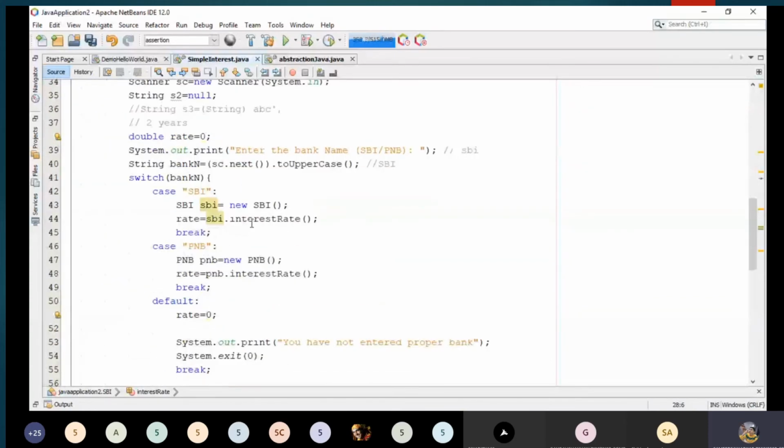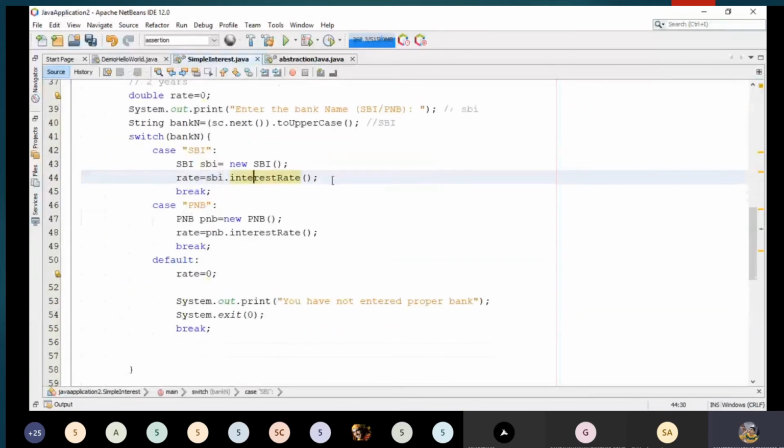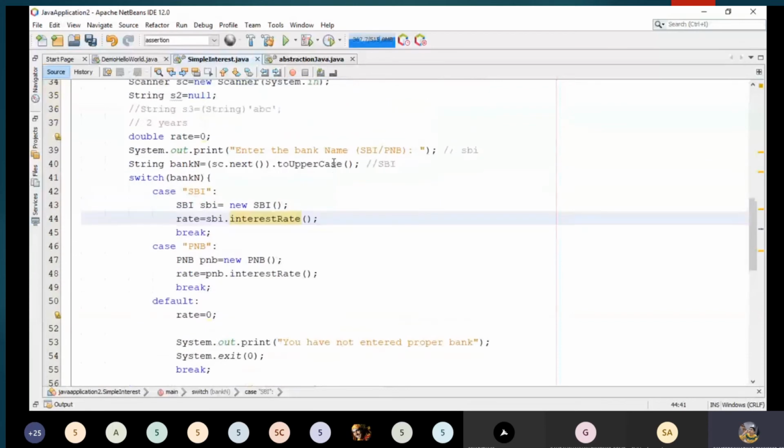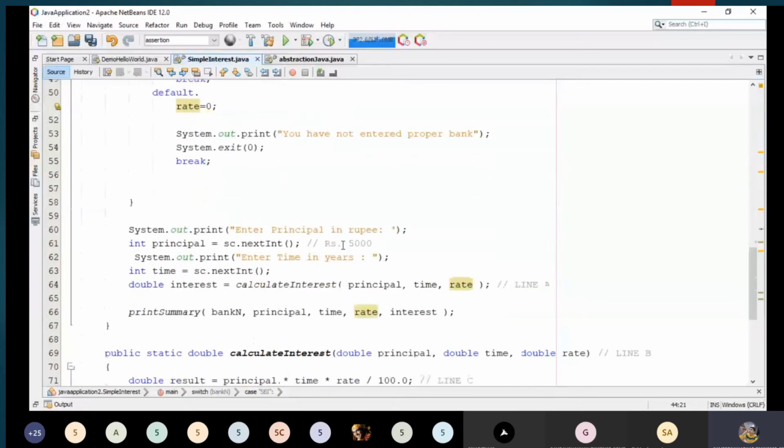Okay, and after this step, it will directly jump to the interestRate method and take the value from this method, that is rate equal to 8 will be returned in the rate, and it will directly come up here, and it will ask for the principal.